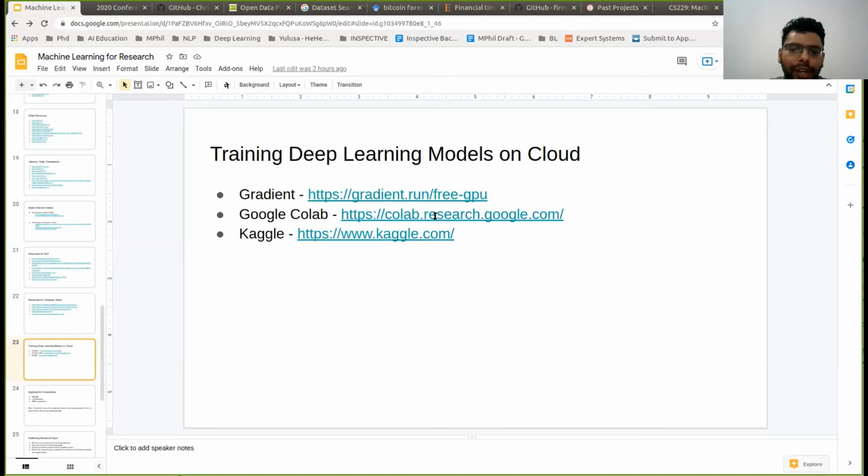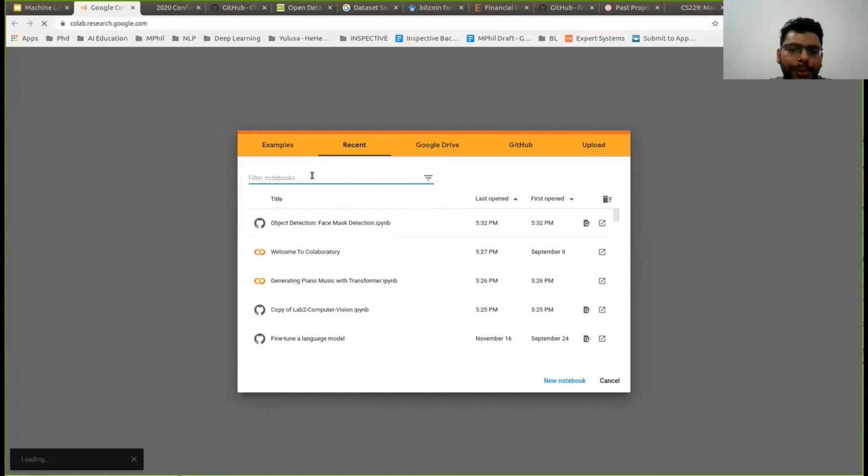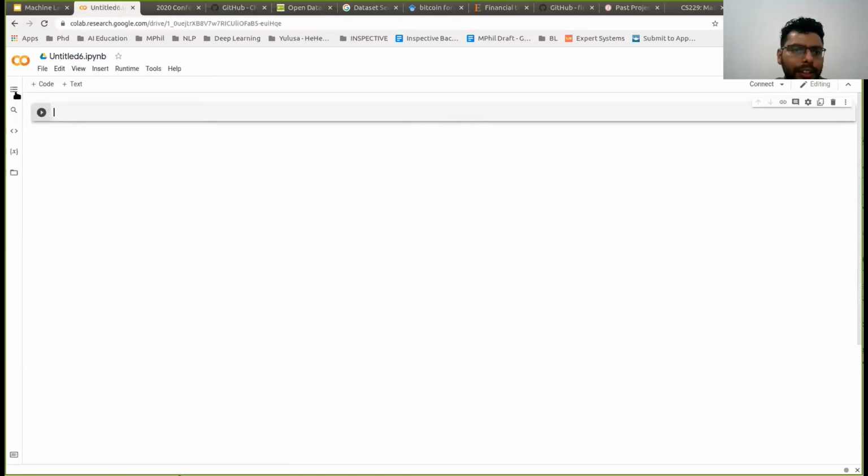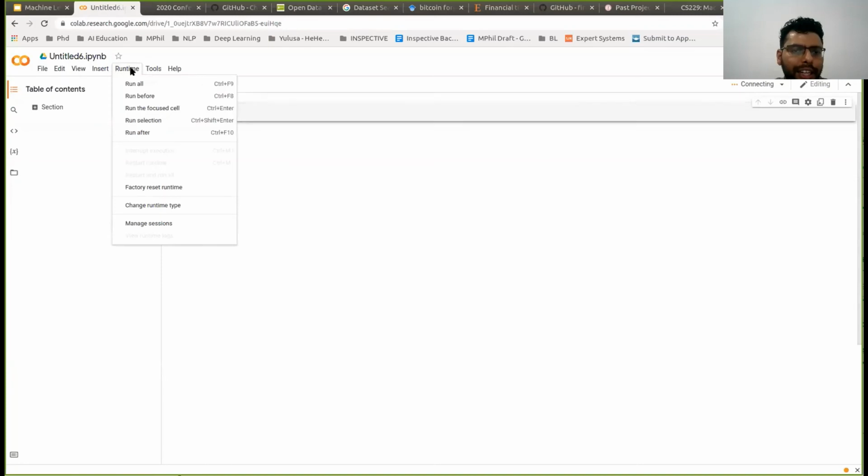If you look at Google Colab, if you're trying to create a new model, you can create a new notebook, and here you can upload any dataset files that you have, and you can select the runtime from here.